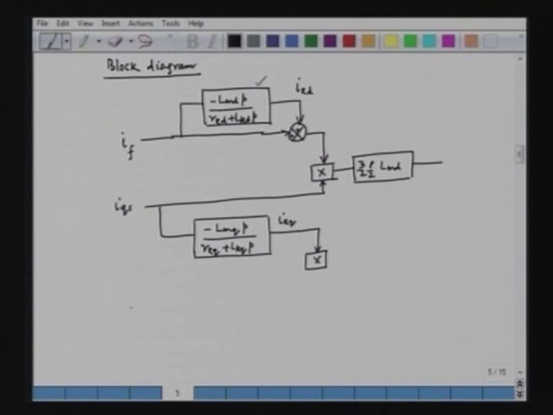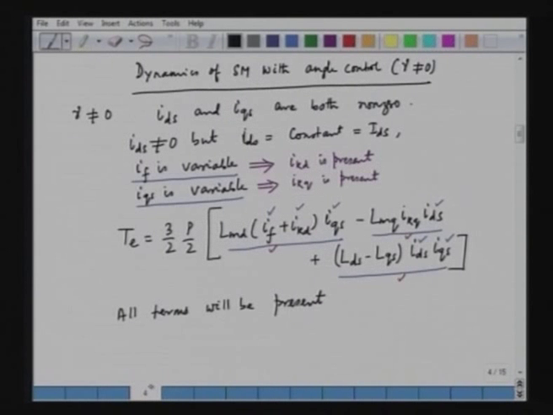So, we can multiply this with IDS, and then there is some constant. This constant is 3 by 2 P by 2 into LMQ. This is the second term, and we have the third term, and the third term is basically the reluctance torque,